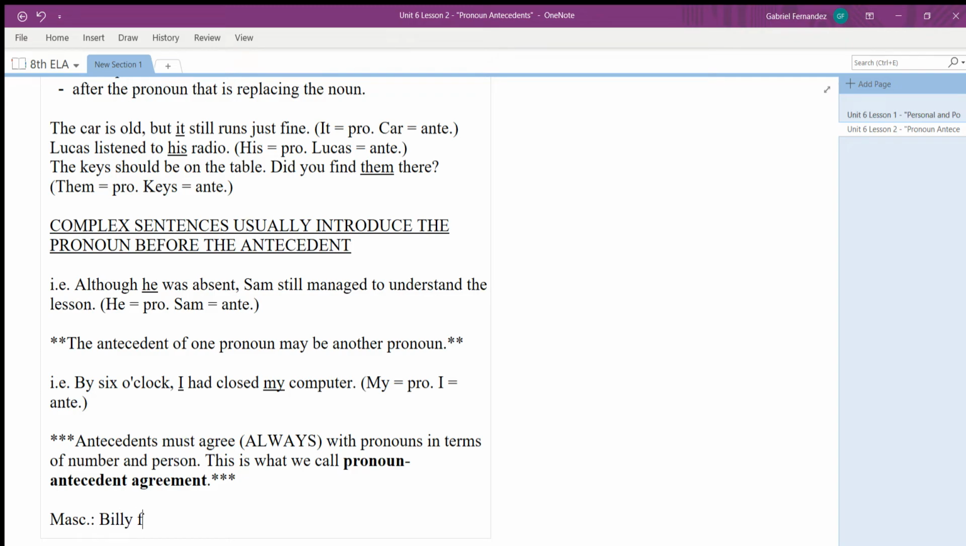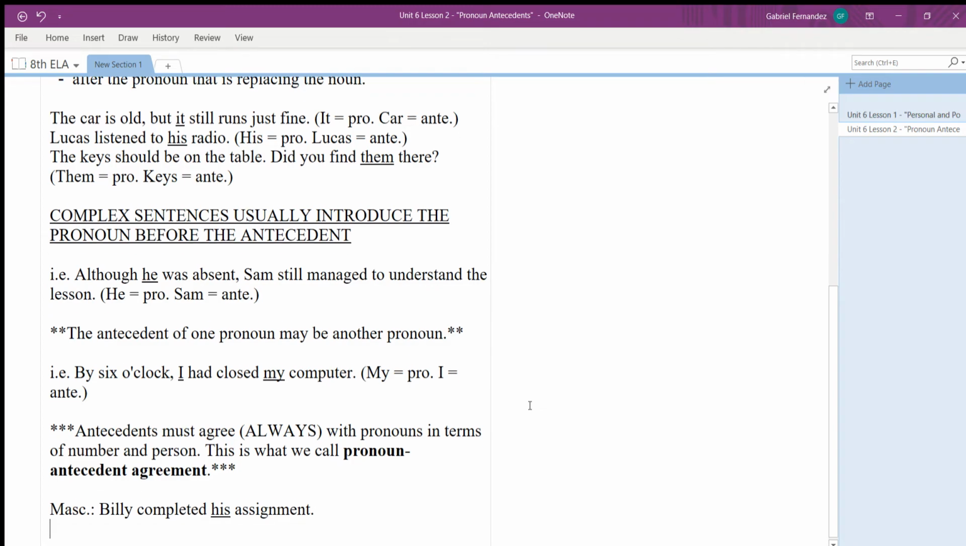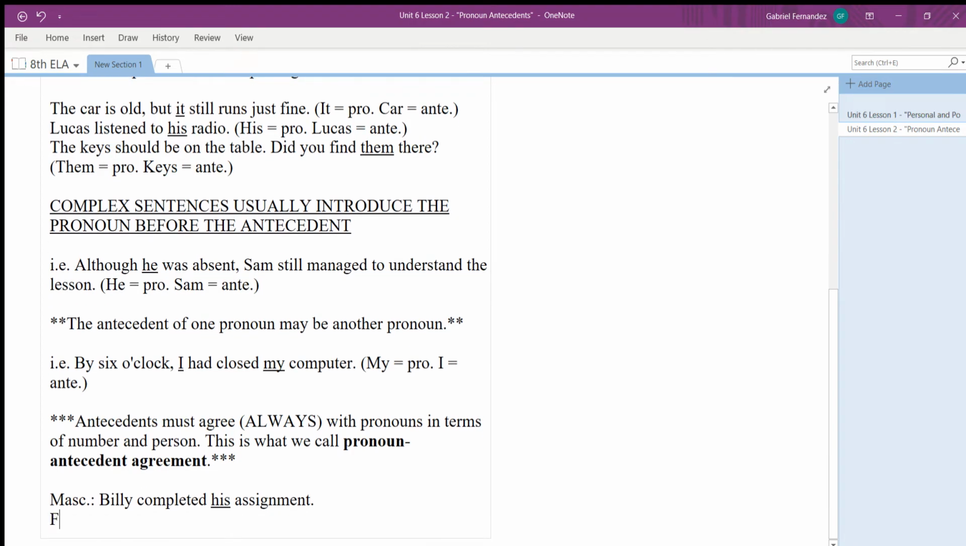Billy completed his assignment. We're choosing "his" because his agrees in terms of number, only one Billy. His agrees in terms of gender, Billy is a masculine name, and his agrees with the person that we're talking about. His goes along with a person, Billy is a person, or at least we hope so. Feminine,